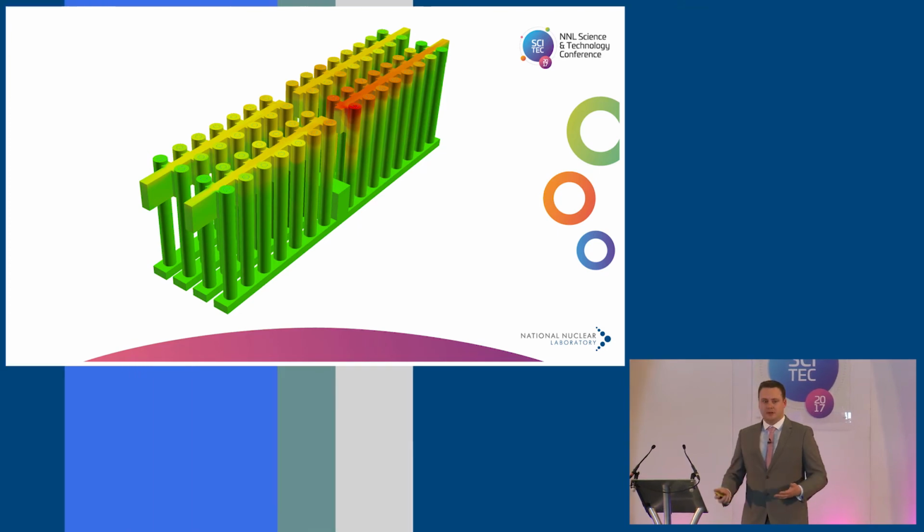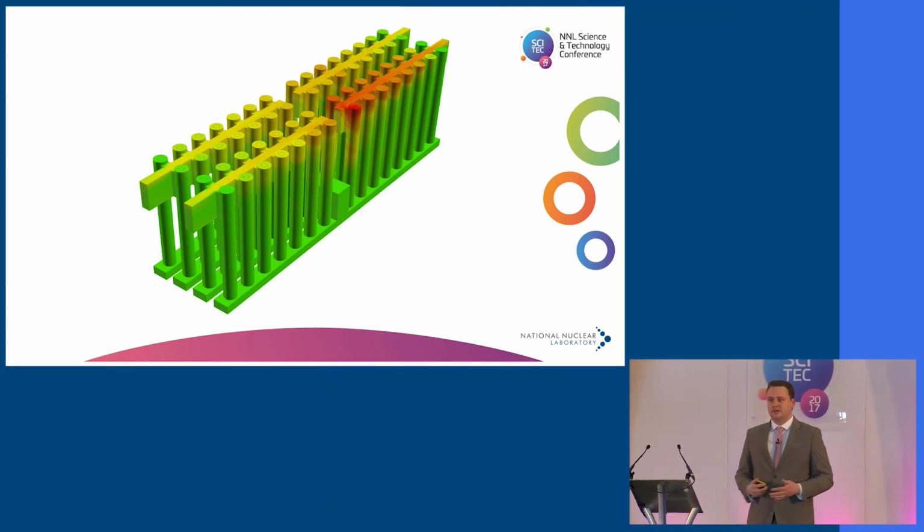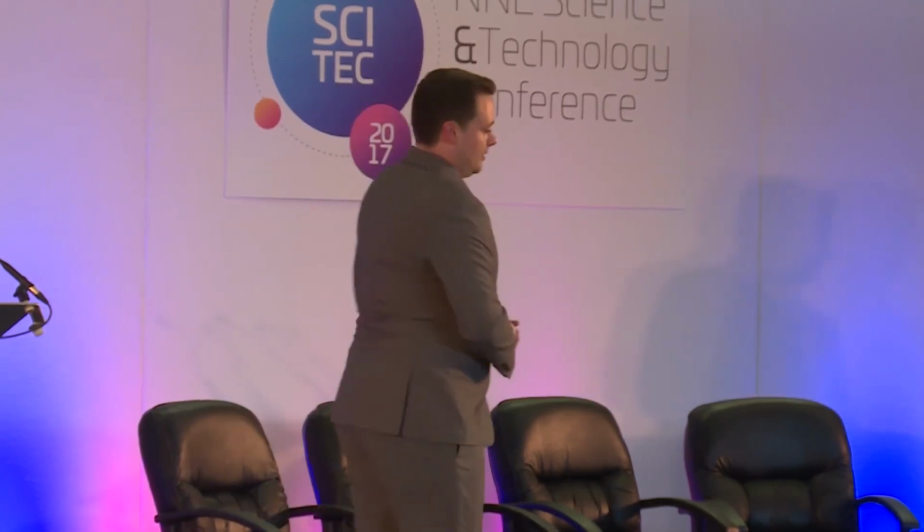So ultimately, we can pass on a temperature map of this facility under a series of different operating conditions that basically tells our customer where they can place the fuel to make sure that the store will run safely and efficiently. So, just to briefly summarise, NNL has an extensive modelling capability, and this covers all aspects of the fuel